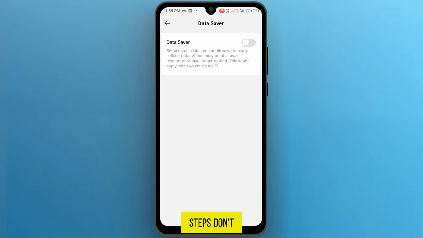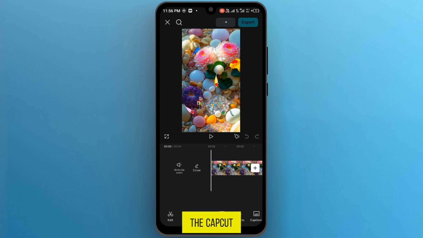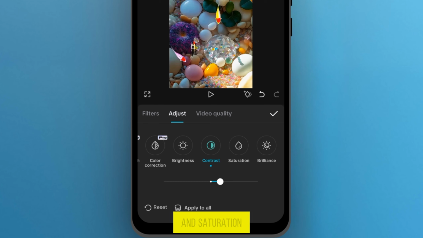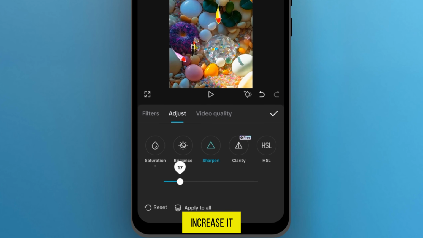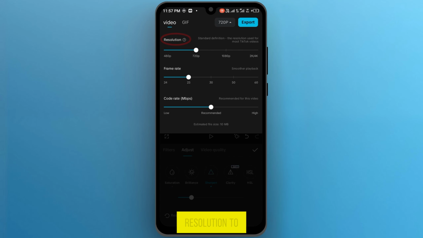If these steps don't resolve the issue, then open the CapCut, drop your video in the CapCut, and then increase the contrast and saturation of the video to 10 times. And also increase its sharpen to 20. Next, when you export your video, set the resolution to 2K or 4K or frame rate to 60, and export